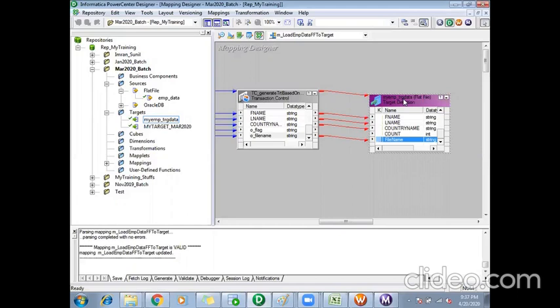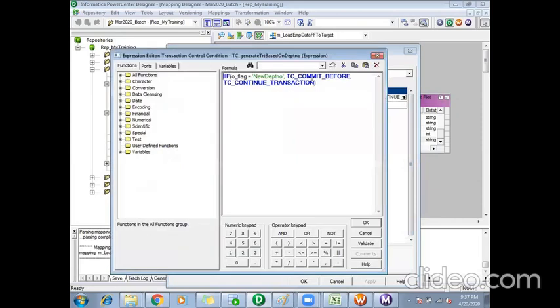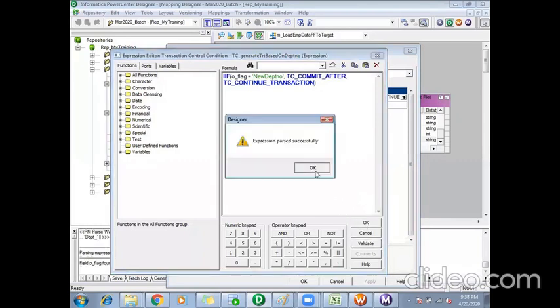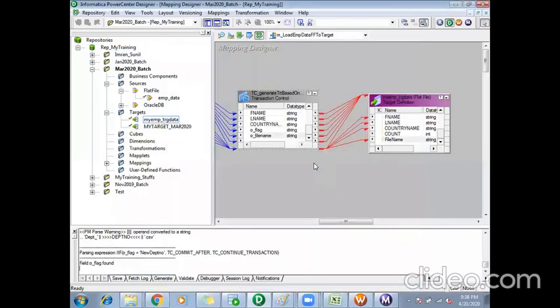If you use TC commit before, or after, then as the commit after functionality, it will do the commits on the tables. Okay, so just to show you guys, if I use after instead of TC commit before, my code won't work. Code won't work means as I want, my requirement will not be satisfied. So I'll say Control S to save, refresh.